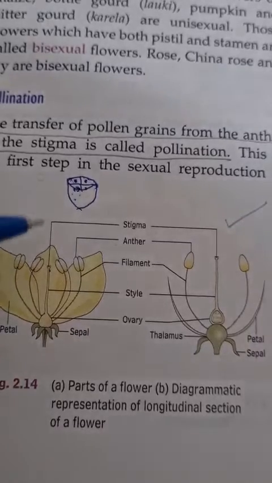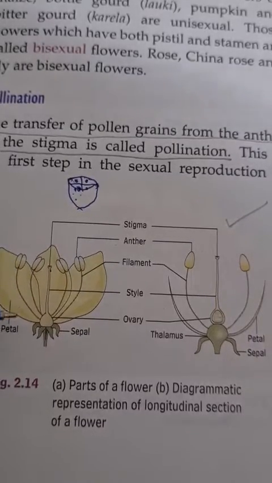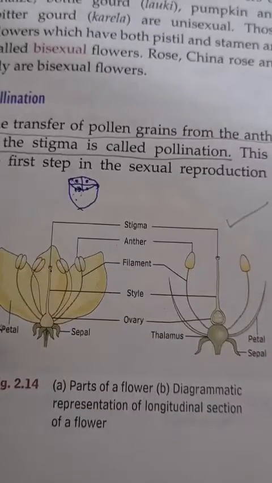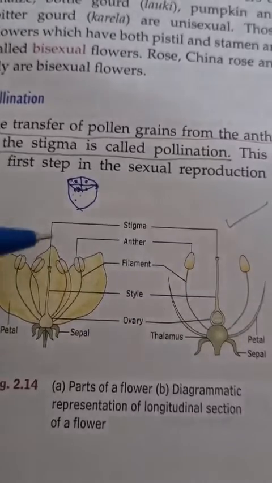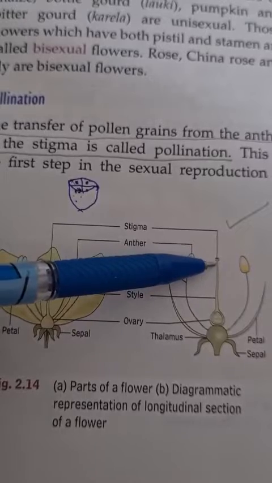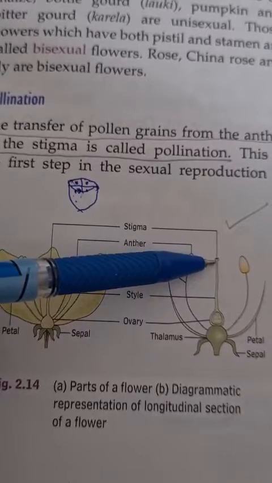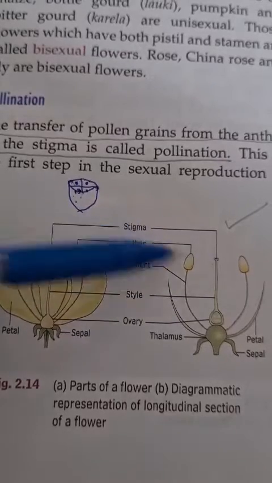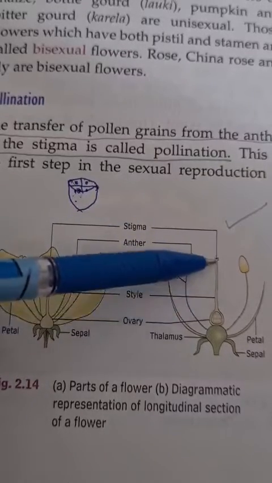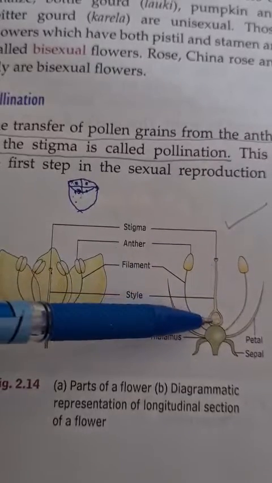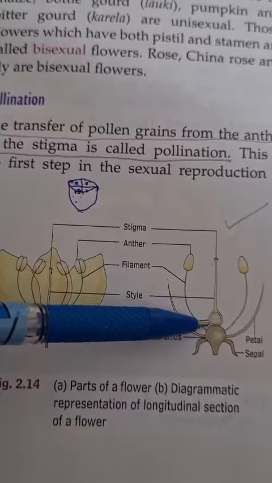Now here each gynoecium is a collection of carpels. In a gynoecium, one or more than one carpel is present. Now each carpel or pistil has 3 parts. The upper part, which receives the male gamete, the pollen grains, is called the stigma. Then after that, this narrow neck-like part is called the style. And the last swollen part is the ovary.